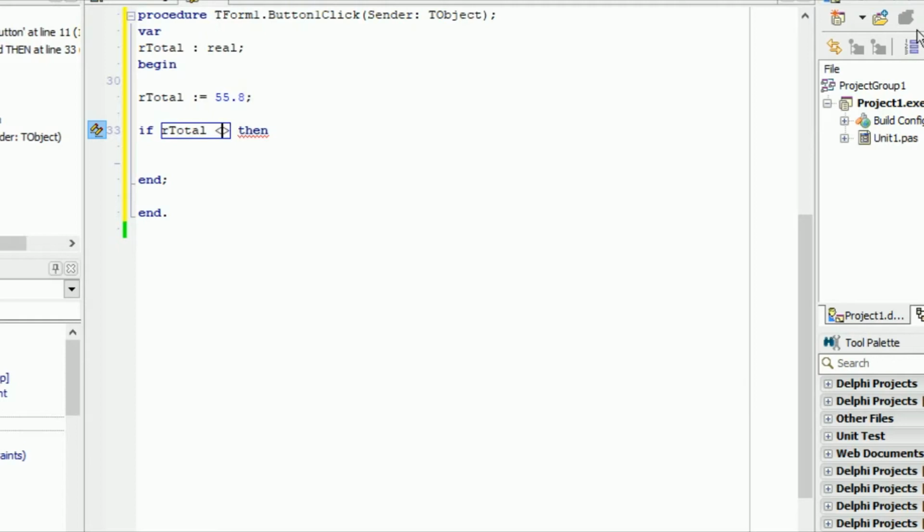So basically it's not bigger or smaller than, and it is not equal. If it's not equal, bigger than, or smaller than, basically it's the same value as not. It is just in the form of an operator. So if you like using an operator, use the operator. I highly recommend it. But if you don't want to use the operator, it is perfectly fine to just go if not our total is equal to whatever. Okay, so if our total is not equal to 10.9, begin